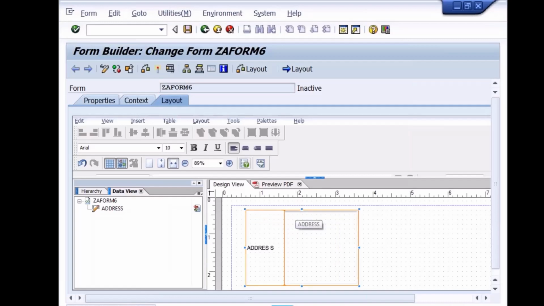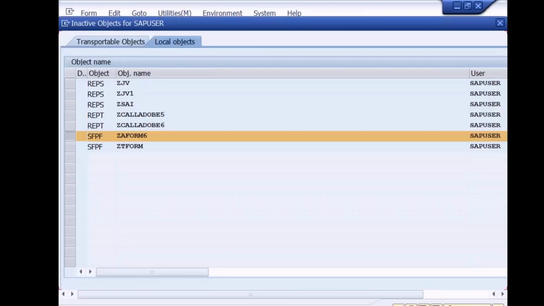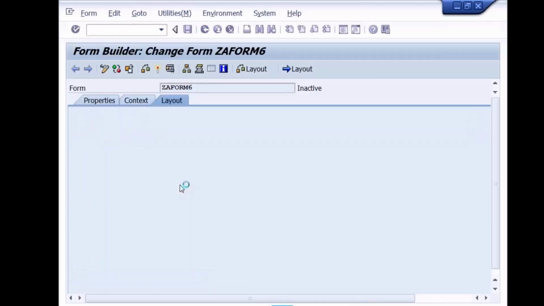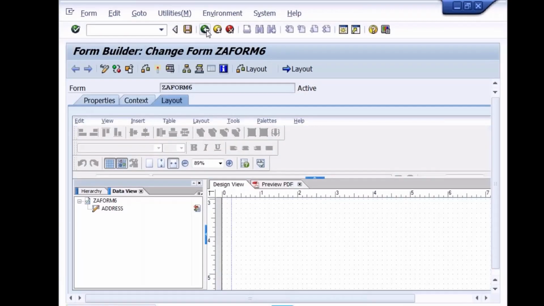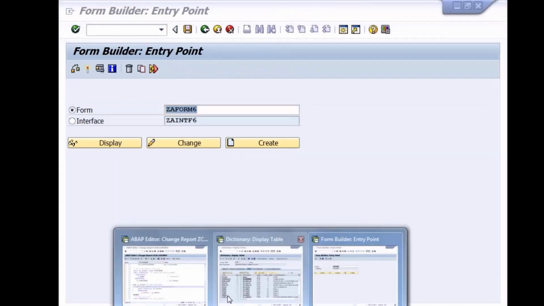Let me save it. Check for the syntax errors. Activate this. Done. Let me run the program.